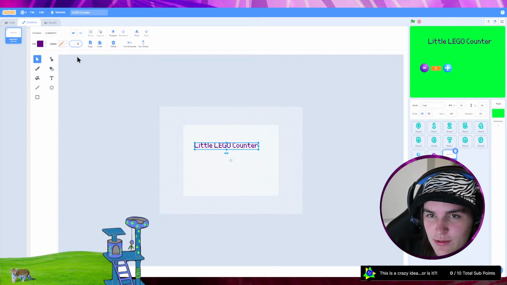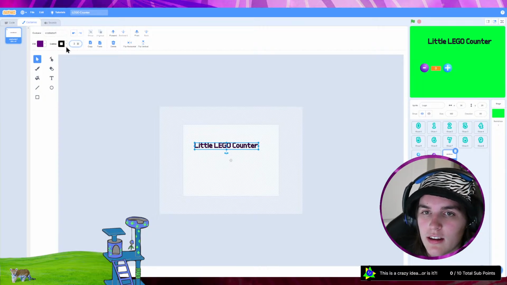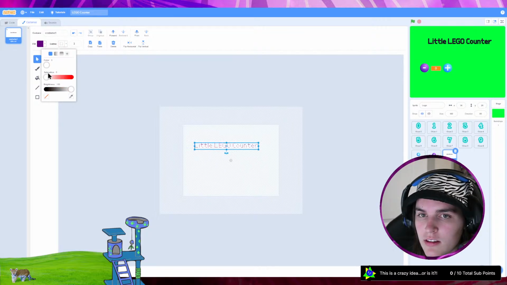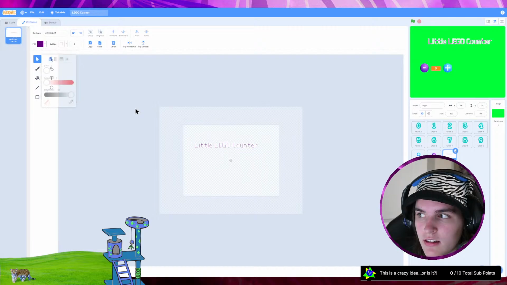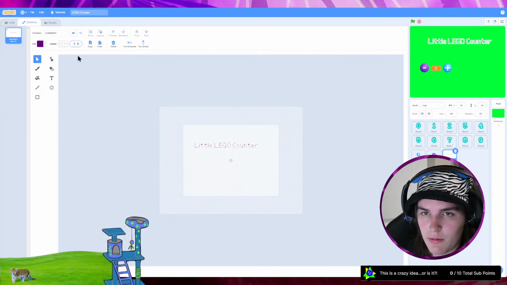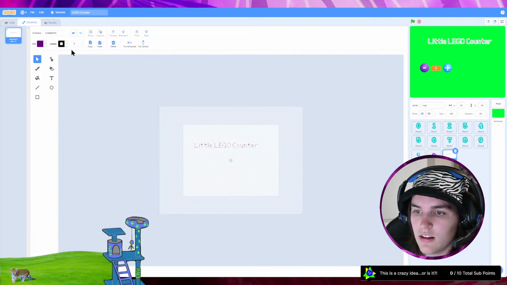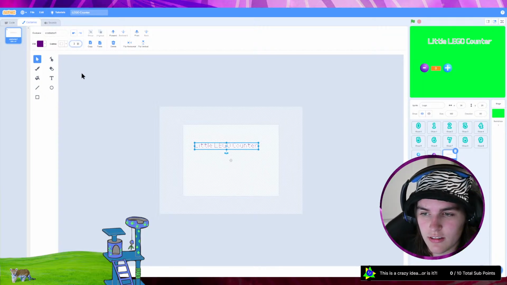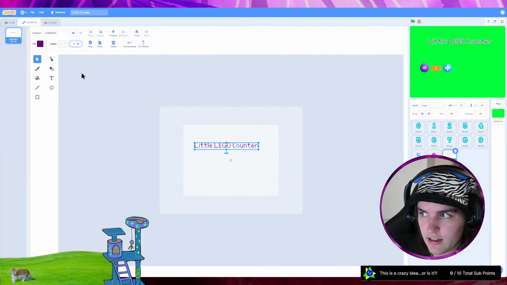So we're going to change this to 5. No, that's way too big. 3? Sure, why not? I'm going to make the outline white, though, because I think that'll help the purple pop out a little bit more. Okay, I might have to make it one thickness though because this is crazy. And for some reason it changed it. Sometimes you have to reselect the element you're trying to edit before editing the size.